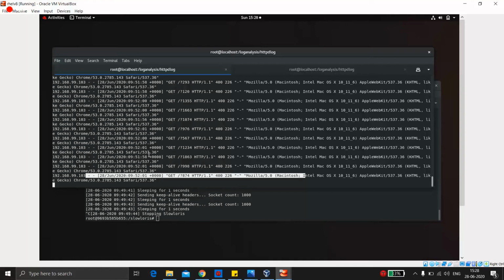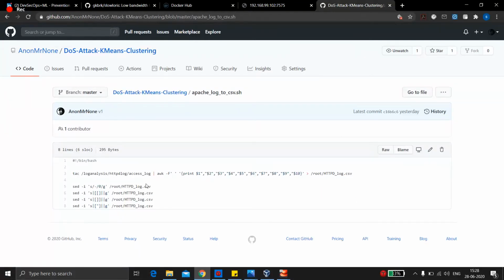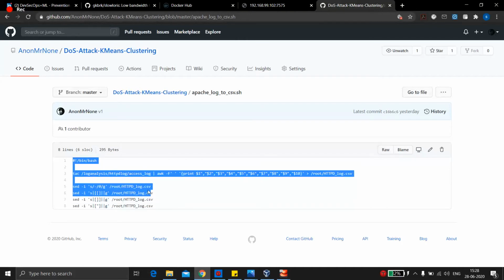Now if you want to create the file on which we can do the analysis, we need to have something in a tabular format, like an Excel sheet type of format. So I've made the basic shell code for it. You will even see some blogs where you can do this whole thing in Python, but that would be a very extra thing for you to learn. So I've made it very easy to do this part. And even if someone knows the ELK stack, this is exactly like Logstash.